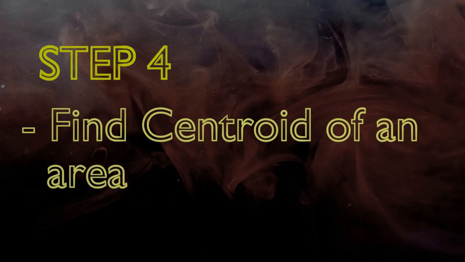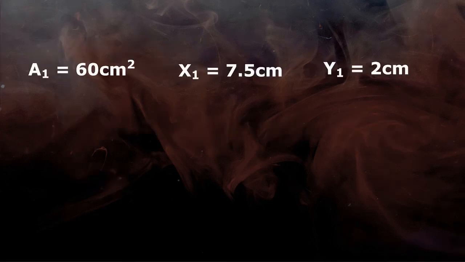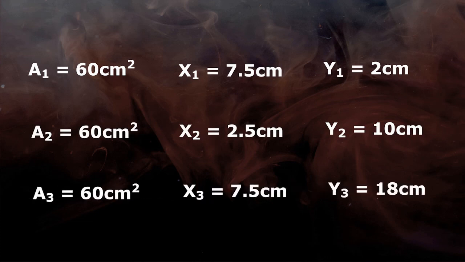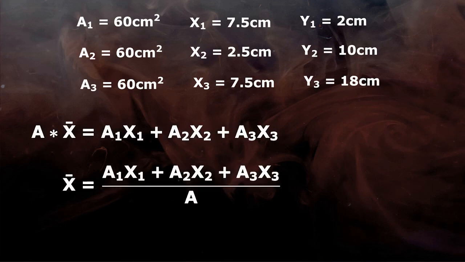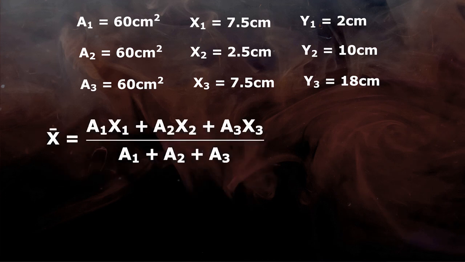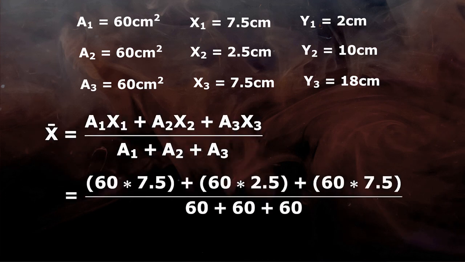The last step is to sum up all the data we have just calculated. We just need to input the area, x and y coordinates results in the equation of centroid of an area. So to find the x coordinate of the centroid, we will take the moment of area with respect to the y-axis. So the total area moment will be equal to the summation of moments of all individual areas. Or you can memorize this equation directly. Put all values of a1, a2, a3 and x1, x2, x3 and we will get the x coordinate equals 5.83 centimeter.